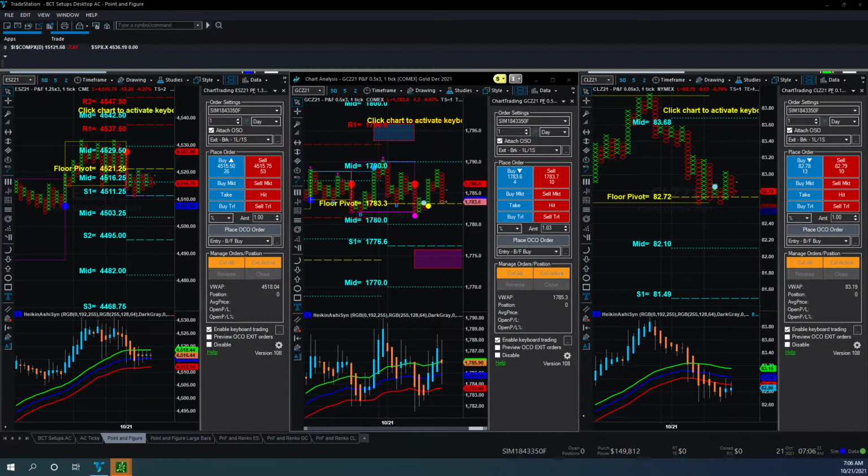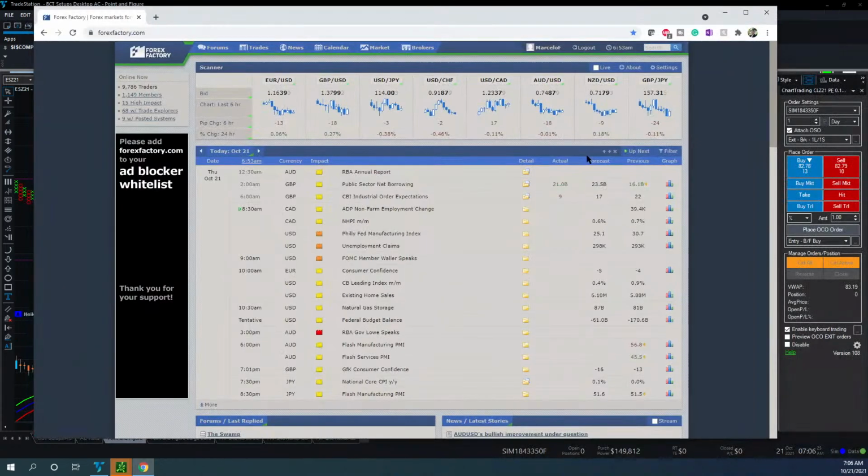First things first, let's go to what the market is going to do today in terms of news. At 8:30 we have the manufacturing index, and as well the unemployment claims. As usual, I'm going to create an alert for this 8:30 news release. At 9 we have member Waller speaking for the FOMC, and then at 10 we have the leading index and the existing home sales.